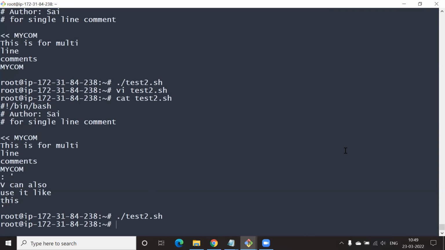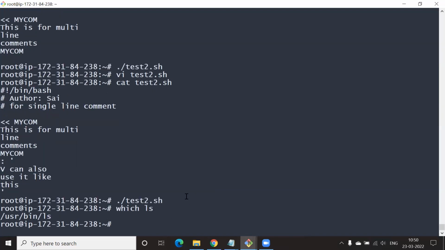Now, a slightly new one. Let's say, bash. Try typing in which ls. Cool. So what do you think that one is doing, Rahul? It is showing where this command's executable is, in usr bin.